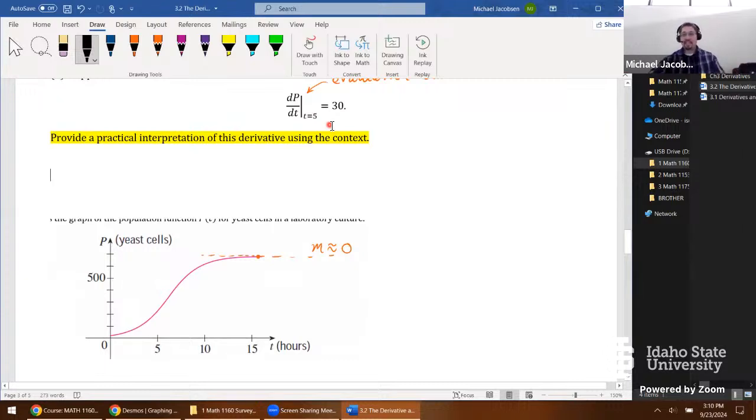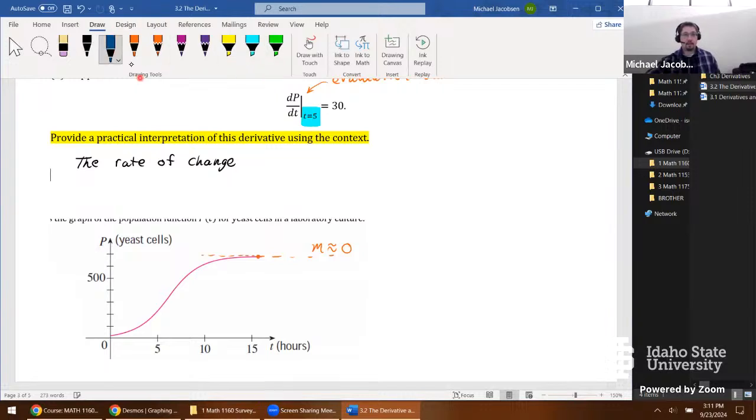Well, first, dP/dt is a rate of change. So we can say the rate of change. Now, again, think about your speedometer. The speed you go, the rate of change you're doing, depends on time. It's one rate at 1 minute, a different rate at another minute, say if a light turns green. So when we say the rate of change, we have to be specific. Let's say at the 5-hour mark of the experiment,